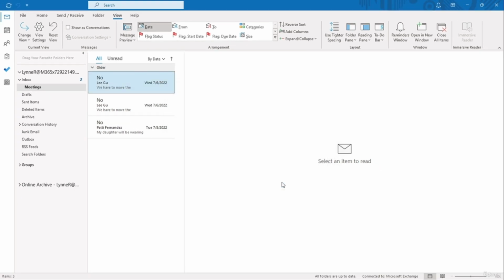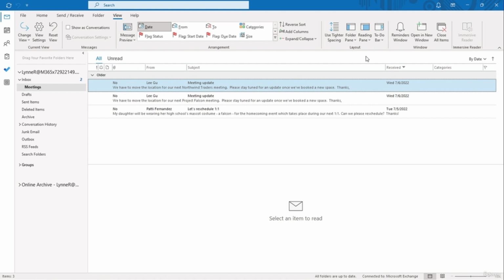Now, we need to change how we're looking at it so that we can see those different columns. Let's move the reading pane to the bottom. Now you can see the columns that we changed. And also in this view, let's turn off the message preview. So in our arrangement group, just to the left of the flags, let's choose Message Preview, and let's turn it